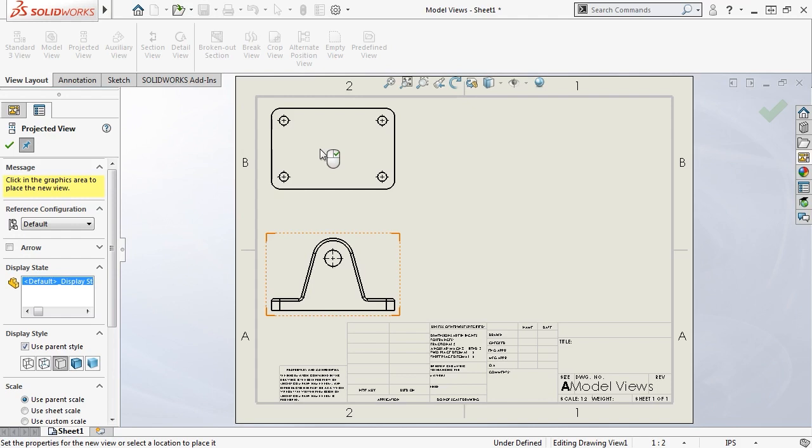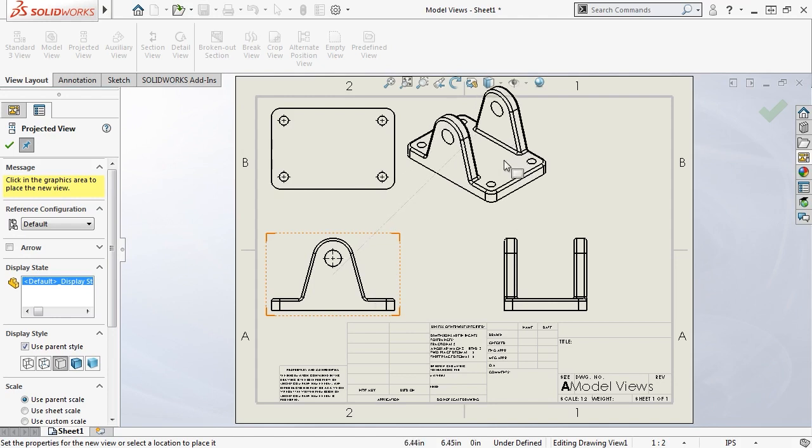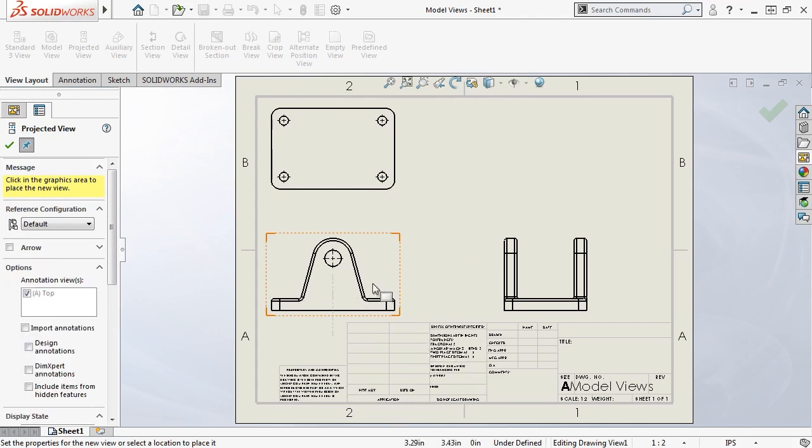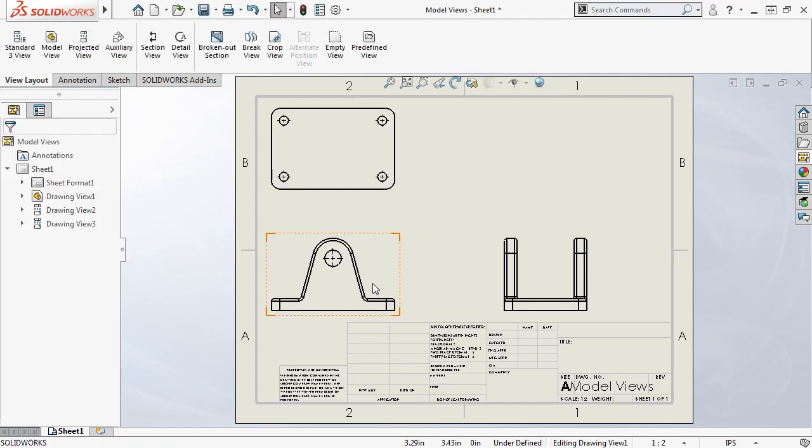lesson. Notice that I'm still in projected view mode, and I can continue clicking to place additional views, such as the right view orientation. You can also project an isometric view if you would like to do so, as well as any other projected view in any direction, even if they're placed outside of the drawing sheet. Once you have all the projected views you would like to create in place, simply press Escape to exit the